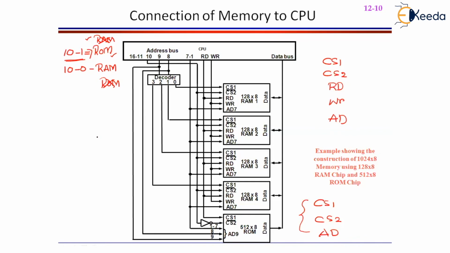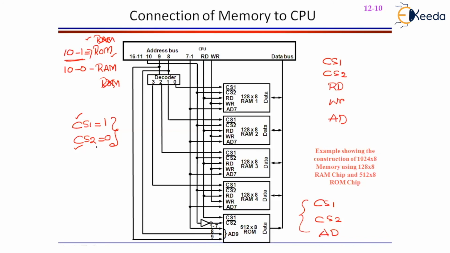Now, you know the selection technique, the logic for the selection. The logic for the selection is CS1 should be equal to 1 and CS2 should be equal to 0. This is the selection logic. The first rule is CS1 must be equal to 1. The second rule is CS2 must be equal to 0, which means that that particular module will get enabled. So we will exactly implement this.